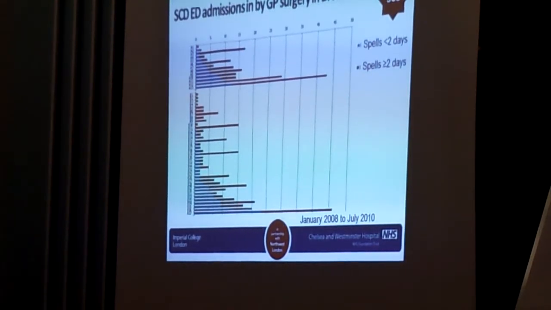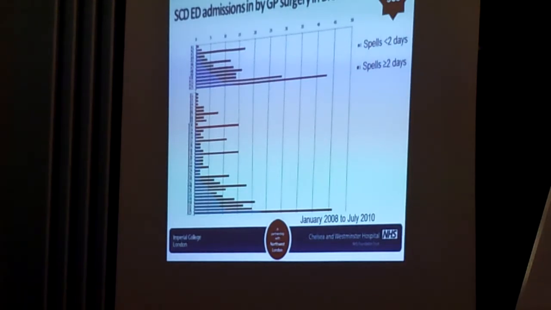And those GPs were particularly keen and interested to know about how they could reduce emergency admissions for their patients with sickle cell and how they could provide better primary care services for their patients. The other 37 practices were outside of that group, but we wanted to look at what was going on there as well. So just taking practice A13, as you can see there, that data is over a 2.5-year period, as